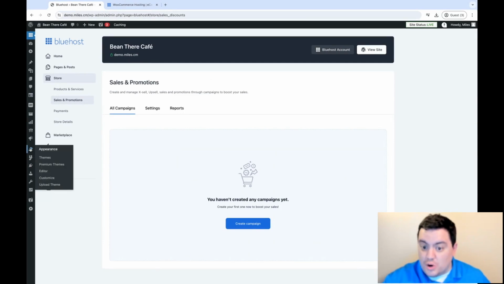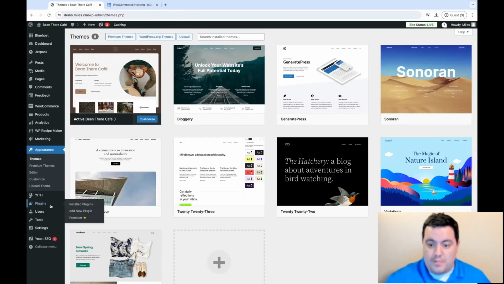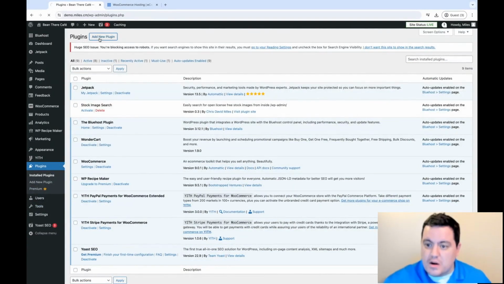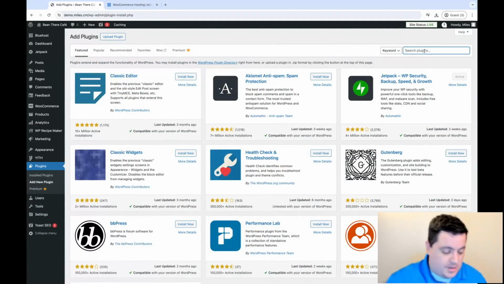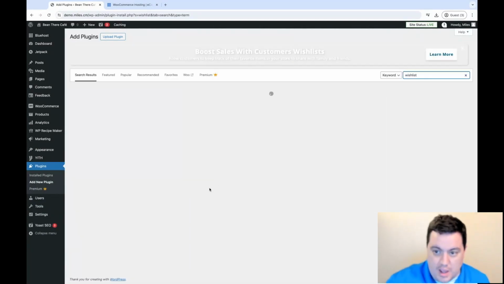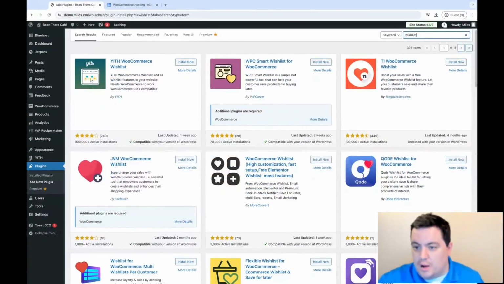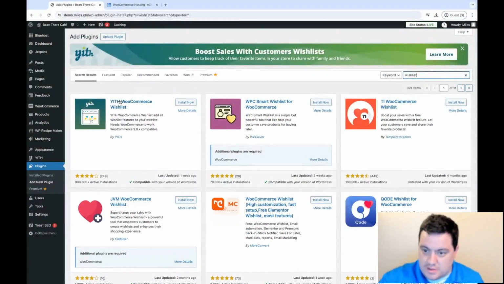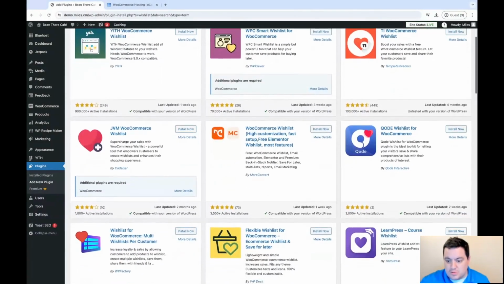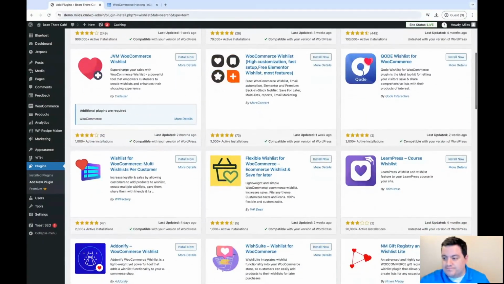That being said, you don't have to use our stuff. You don't even have to use Bluehost. So there's a lot of plugins out there, and you can, if you want, go and find some other wish list plugin and see if it's compatible. Yith is the one that we use here at Bluehost, but there's others out there. And so, like,